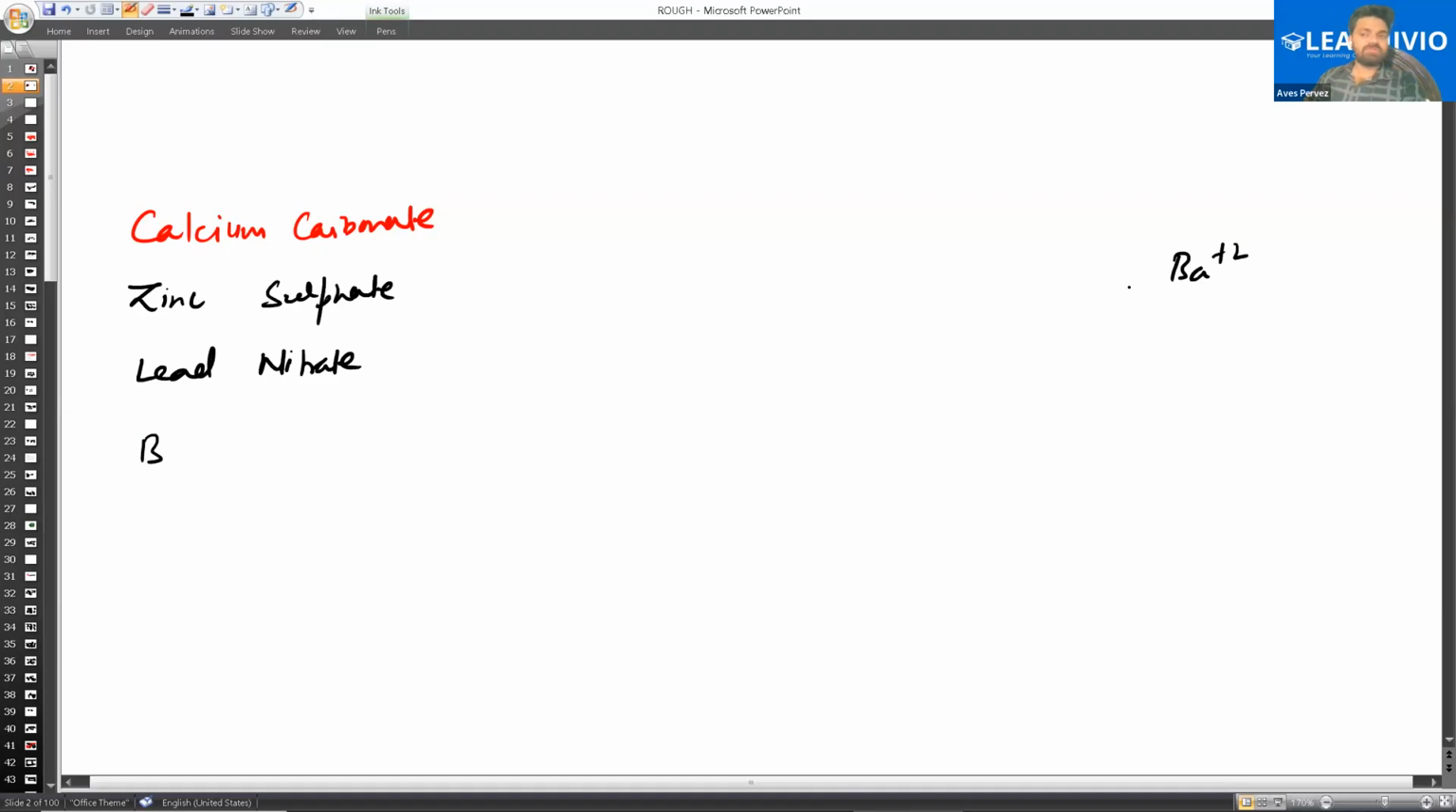Barium is also 2 positive. Add this one, barium. Barium, sir, is Ba, valency 1? Valency 2. Beryllium also. Beryllium is also Be2 positive. Barium chloride,